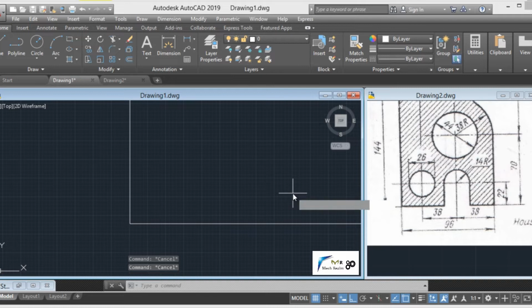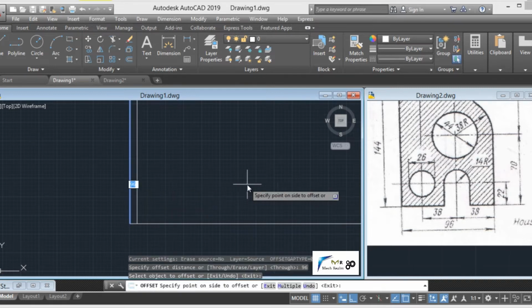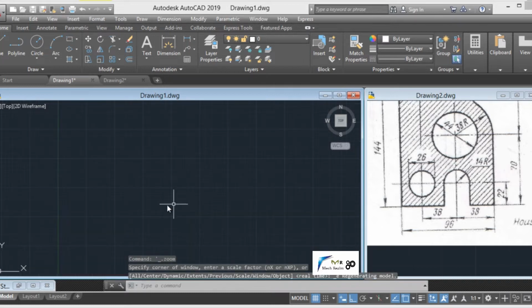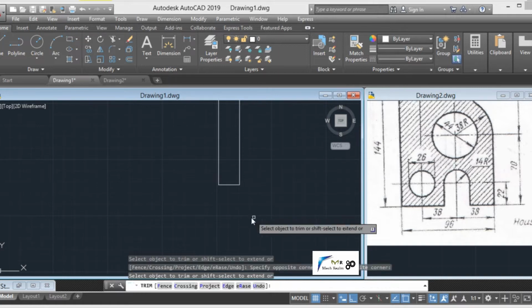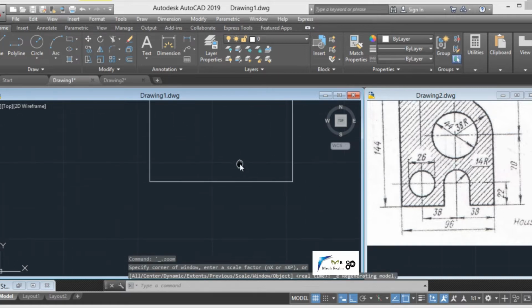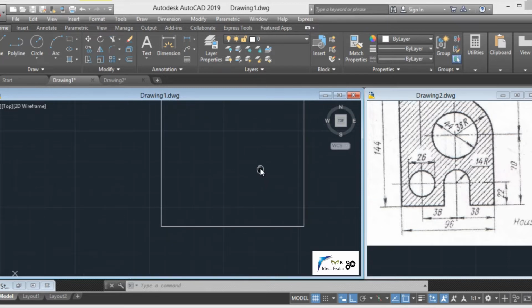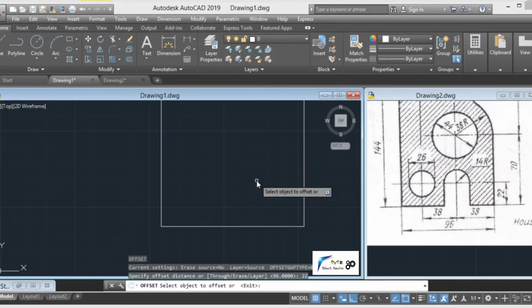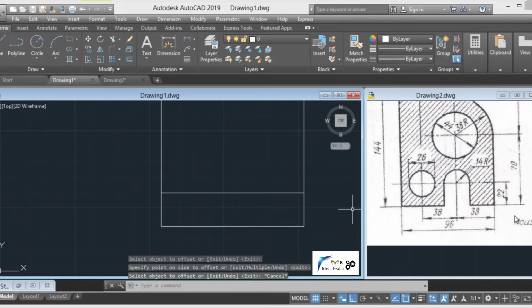We'll have to offset this vertical ray to a distance of 96 mm to the right. Clear? Now simply trim it, zoom it by pressing the middle mouse button double times. Now we'll have to offset the bottom horizontal line upwards to a distance of 22 mm